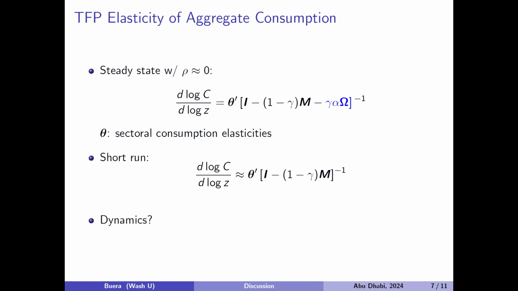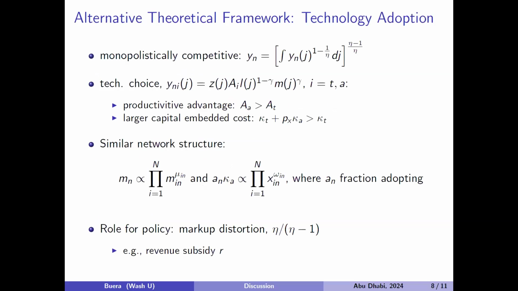In the case of discounting, you have to take into account the intertemporal Euler equation, so you do not get the same expression. Related to the long run effect, the short run effect will be less important because you don't get this further effect of the capital multiplier. It will be interesting to understand the results in the dynamics a little bit. I guess the others can maybe explore that.